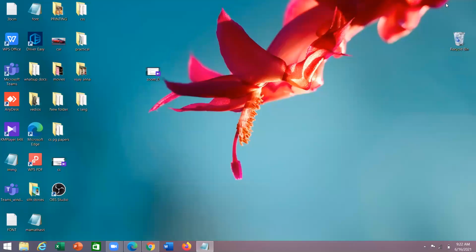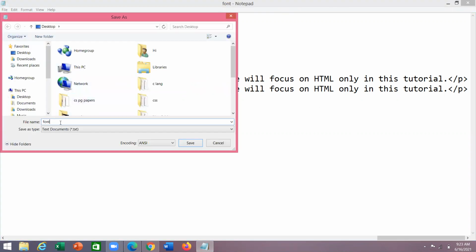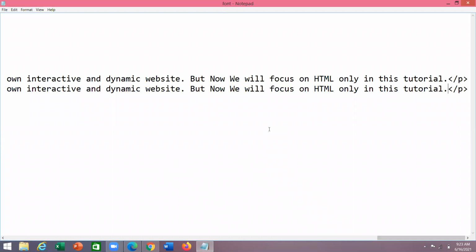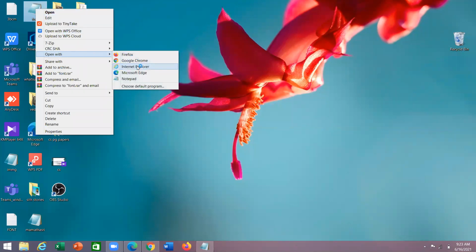Okay. So this is my font file, open with Microsoft Edge.